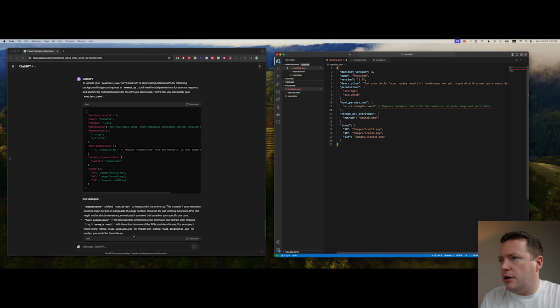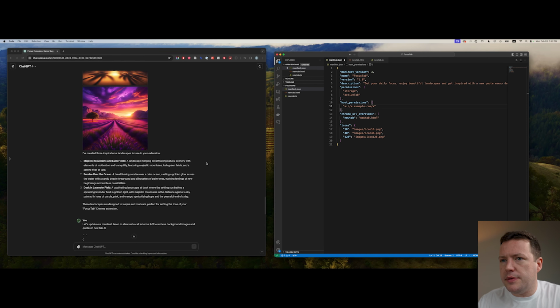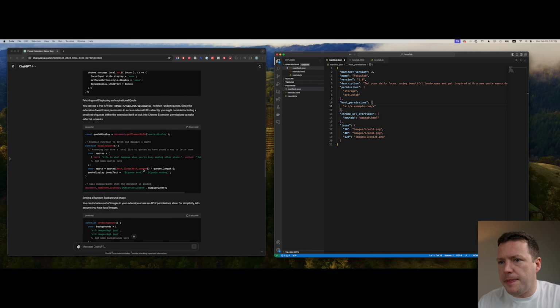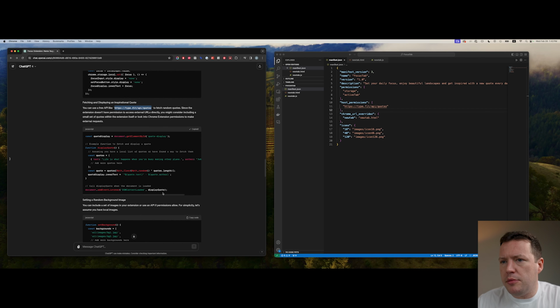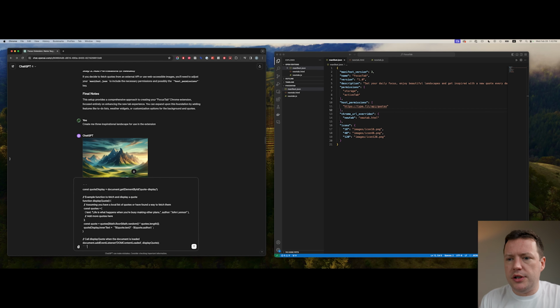Okay, then let's add in host permissions. Okay, so let's add in our quote API first. Pretty happy to leave it explicit with no wildcard or stars here because we're only going to be going to the quote API. And I'm going to say, using the triple backticks to indicate it's a code block,